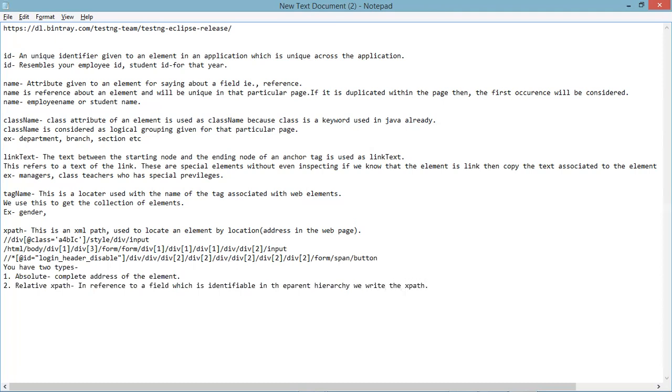If you know some nearest address, then based on that you can easily go to the particular place, right? Make it as absolute XPath in the previous line, in the beginning.